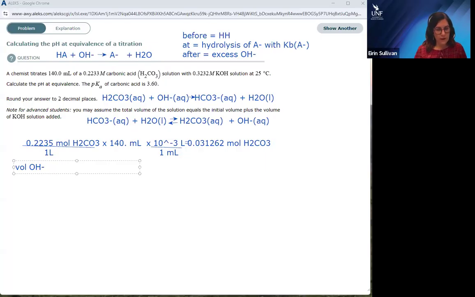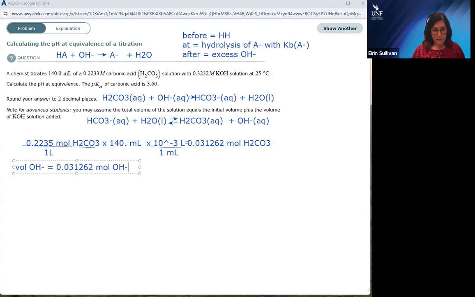So my volume of hydroxide is going to be those 0.03162 moles that are going to have to be neutralized,